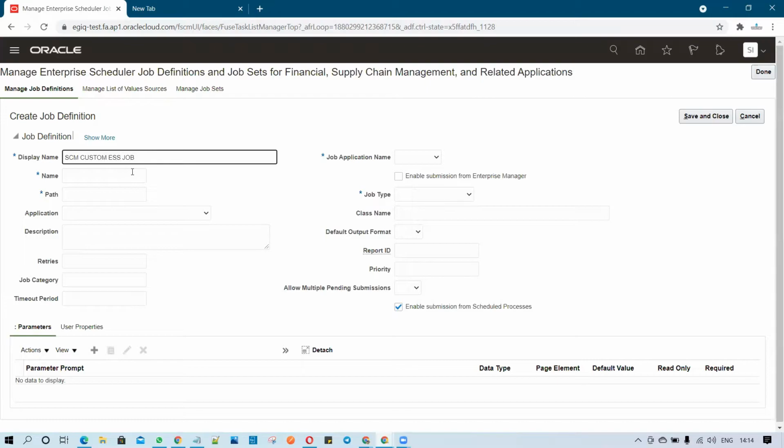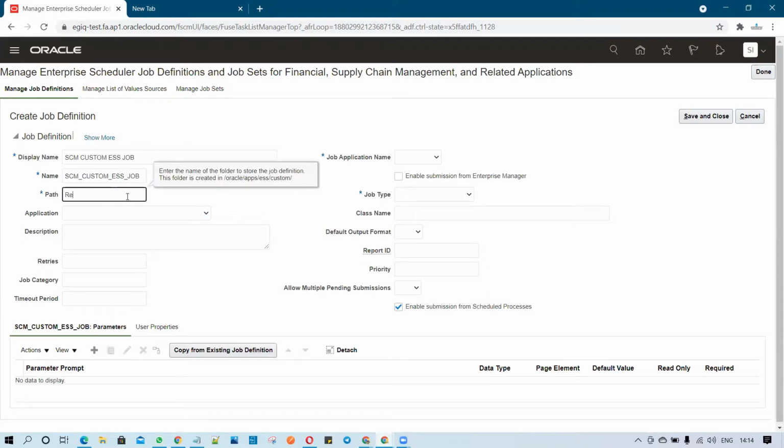In the same way, you have to set the name, SCM custom ESS job. The path you have to set is REL12. Now you can leave the application, but the application you can also set, whether the specific grant or the privilege is available for a certain application.